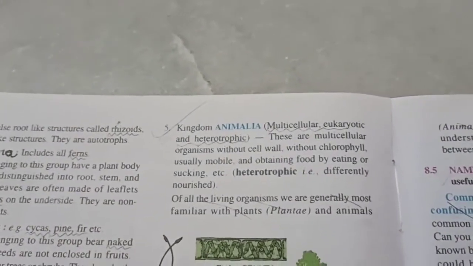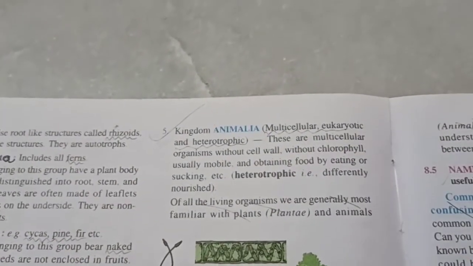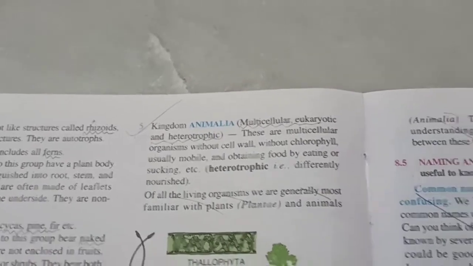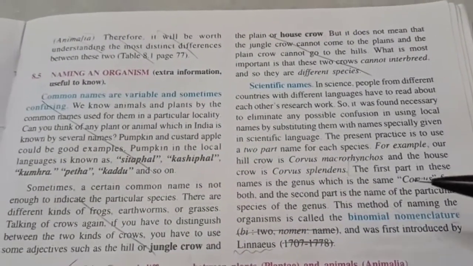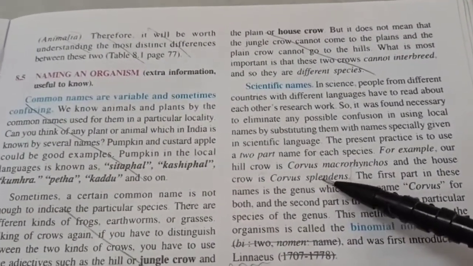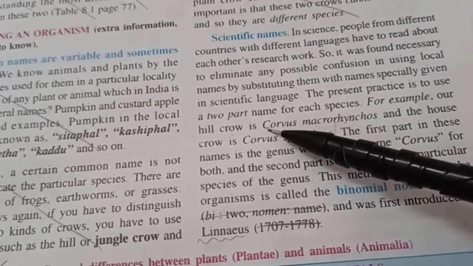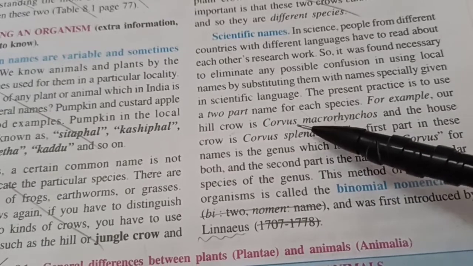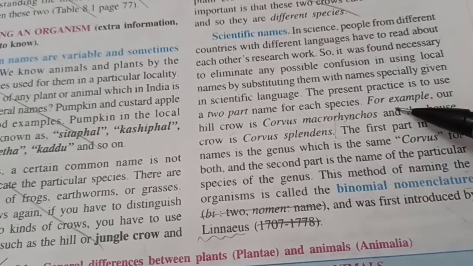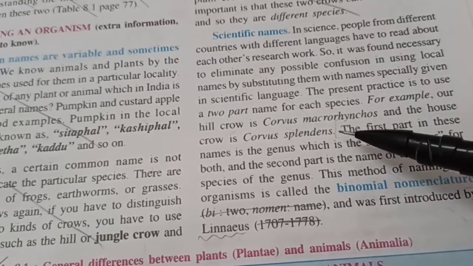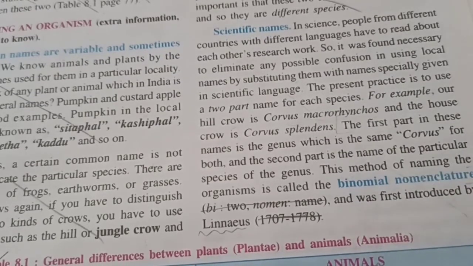Now we come to the main topic of this chapter, the Animalia. They are multicellular, of course, heterotrophic. Now, if you notice, any species name always has a binomial nomenclature because it always has a genus name as well as a species name. Genus has a capital letter, species doesn't, and usually we write it in italics, or you can underline them. That's the scientific way of writing it, and of course there should be a space in between.